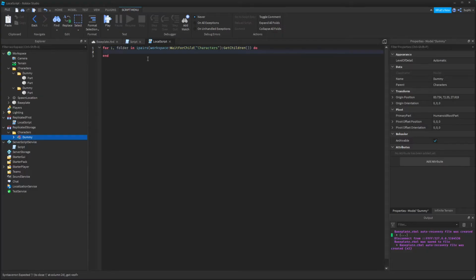and then I'm going to create a model. So local model equals game.ReplicatedStorage.characters, and we're going to use the folder's name. So folder.Name, and we're going to clone this model,